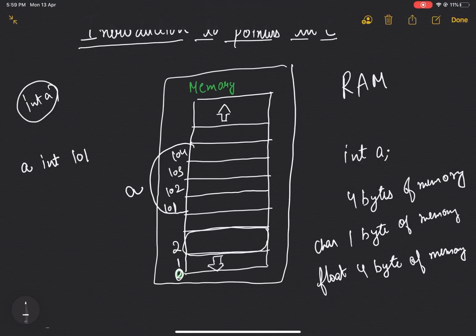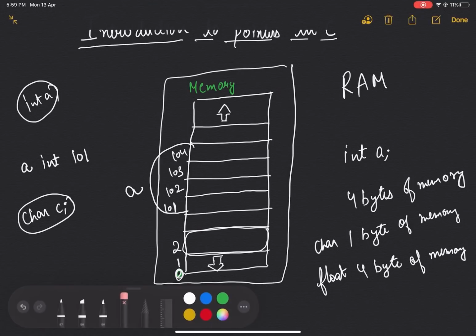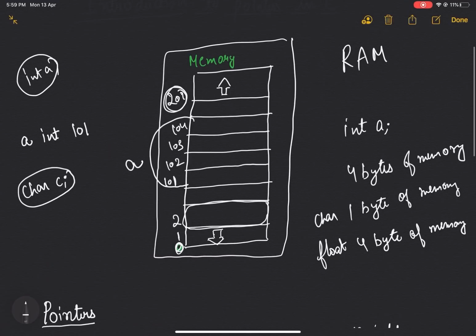Let's say we declare another variable, char c. Once again the machine sees the declaration and looks for some free space. Let's say it found free space at 209, so the entry in the lookup table will be something like c, char, 209.